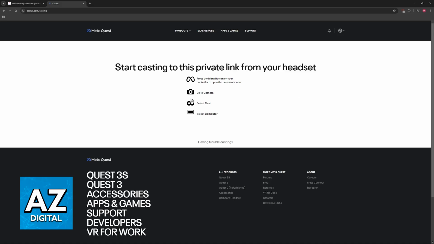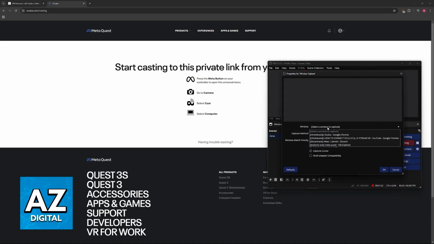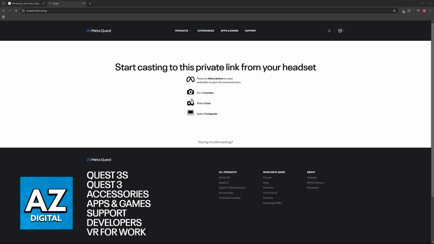Now you can open any sort of live stream software such as OBS, choose the option to add a new source, and what I recommend is that you add a window capture. And with this done, you will be able to capture this screen. So essentially this web browser page that has the Oculus thing that you want to do. And whenever you choose this option, you will be able to configure it in the live stream and everything will appear on your preferred live stream service of choice, so YouTube, Twitch, and so on.